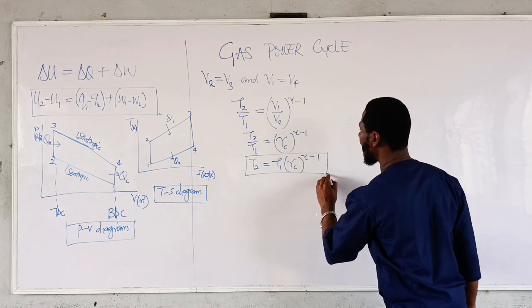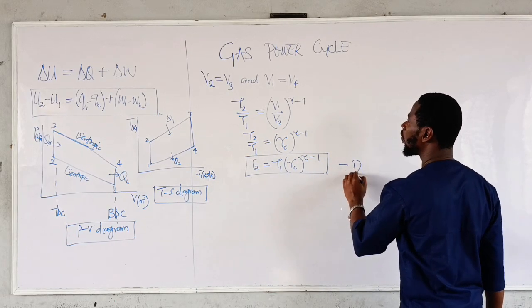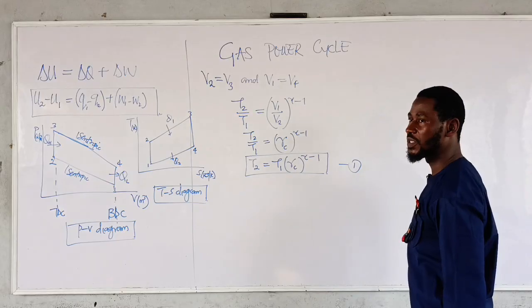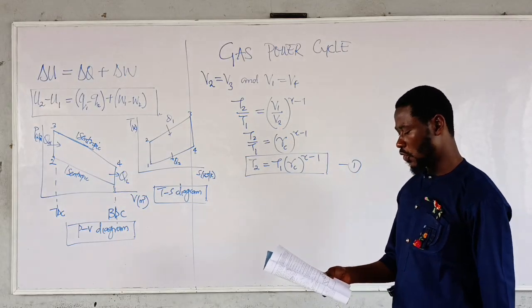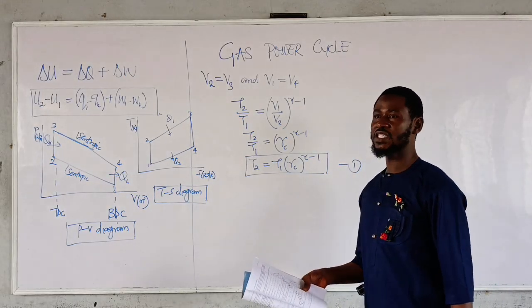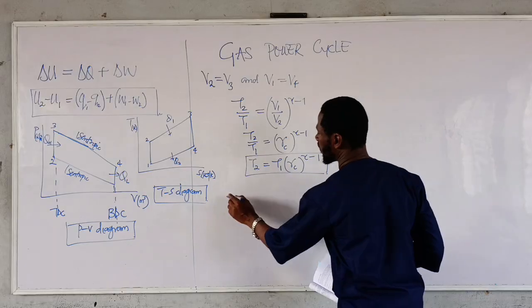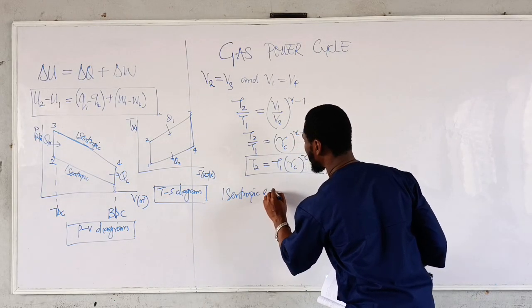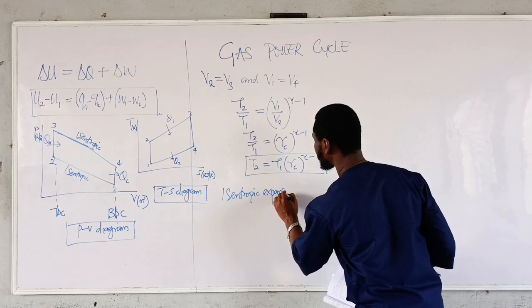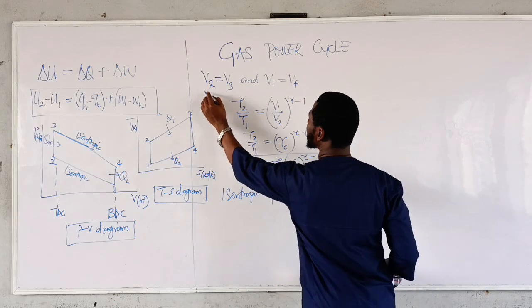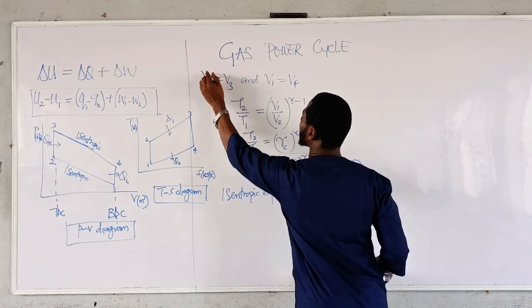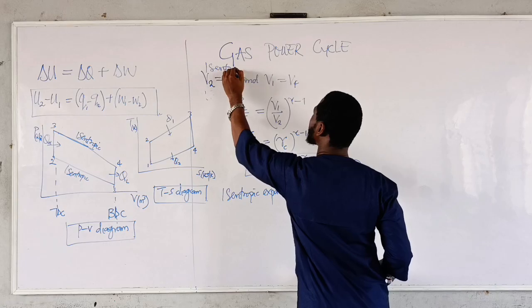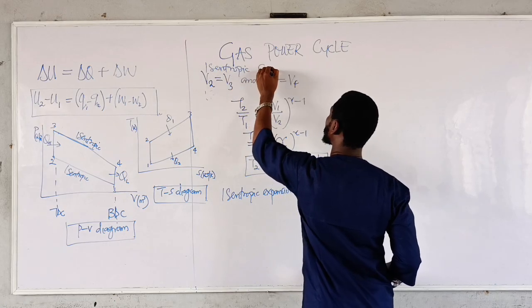You can name this as equation 1, which we are going to need later. Then also, for the isentropic expansion process,